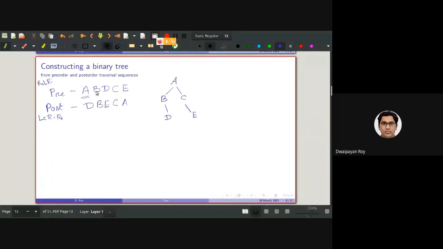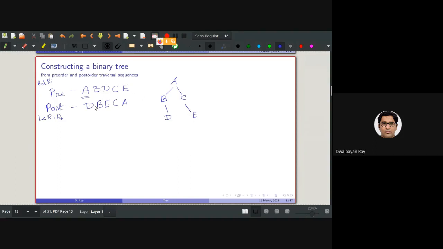So for this tree, the pre-order traversal will be root, then left. A processed, B processed, and then left null. So root done, left done, then right, then D. For the right subtree, root C, left is null, then E. So this is the order.